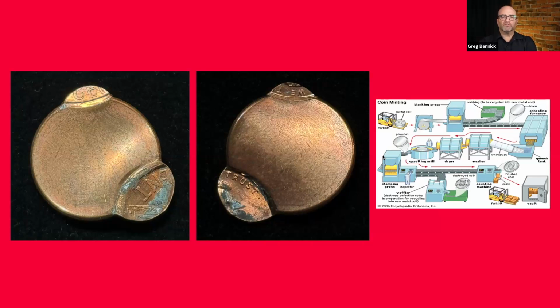And granted, some proof errors make sense, right? They would make it out of the mint in a proof set. A cud, like we just saw, certainly could make it out of the mint in a proof set. A clipped planchet might make it out of the mint in a proof set. But what about a coin like this? That wouldn't make it out of the proof set. Well, I'm glad you asked because I love being able to tell this next story,